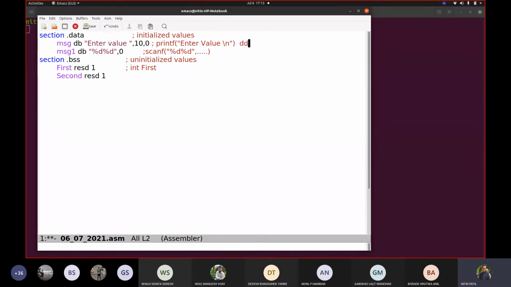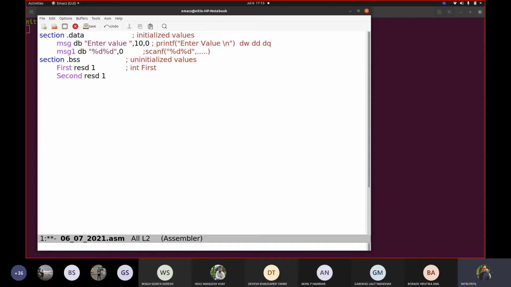So there would be dw, dd. dw means 16 bits, db means a single byte, 8 bits, then 16 bits, 32 bits. Then you have dq, this is quad, 8 bytes, means 64 bit.